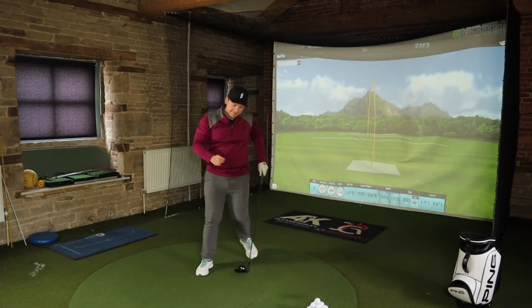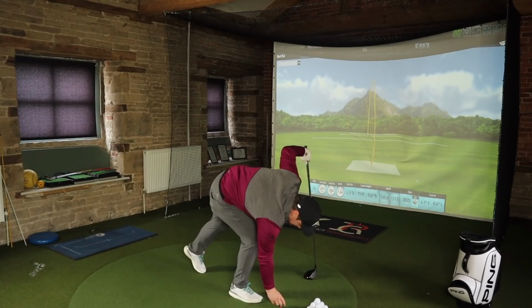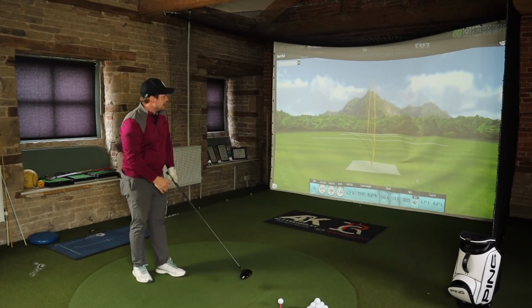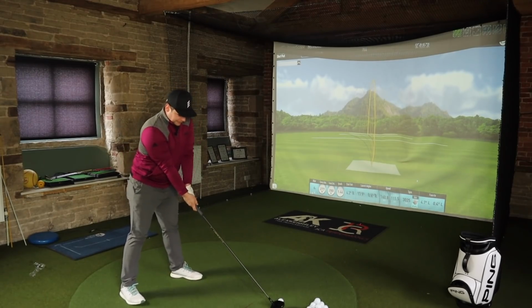Yeah. So I hear what you're all saying. If I hit the fairway 60% of the time, should I game this? Should I put it in? Am I good enough for this? You guys let me know. We all hit bad shots, don't we? But